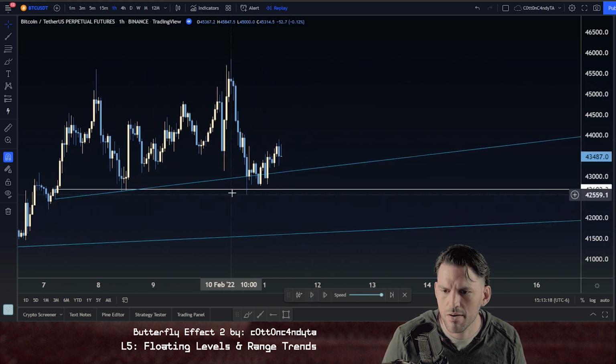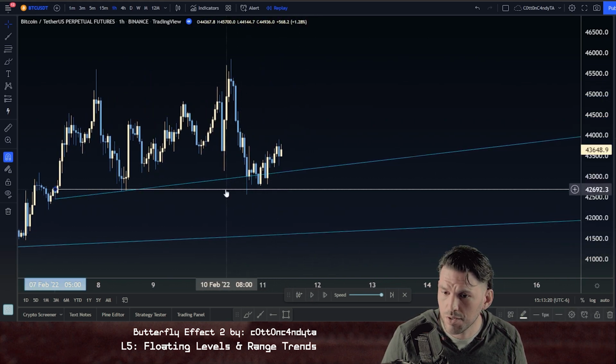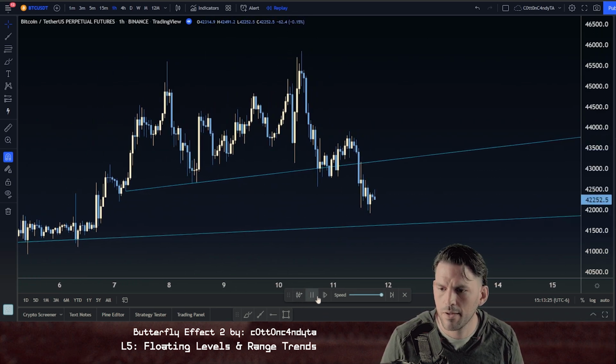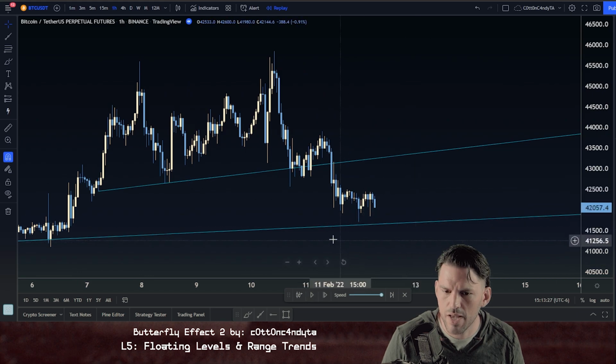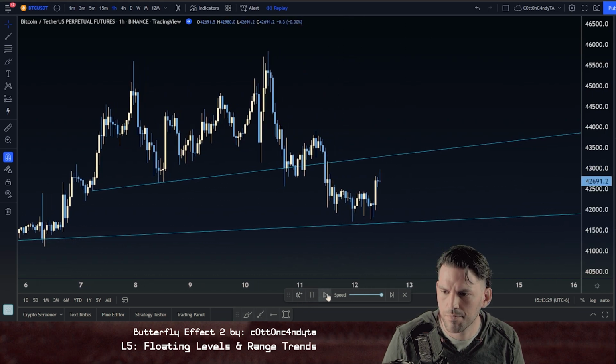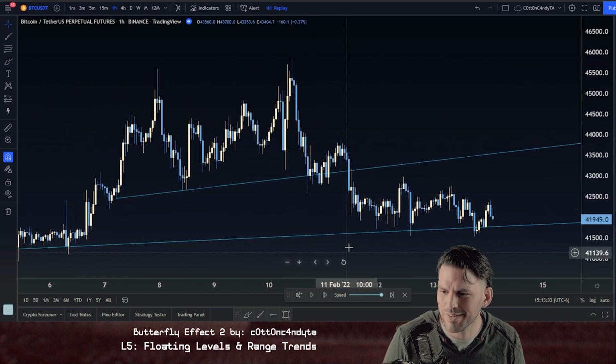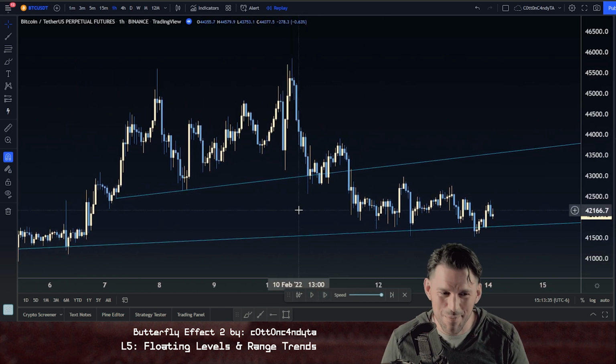So you can see right there where this range trend is still holding. You don't even need this anymore. It's more about the trend at this point. That trend breaks and it goes to attack this trend down here. Right there. So you can see where, you have to pause this, because you hit pause one time and TradingView